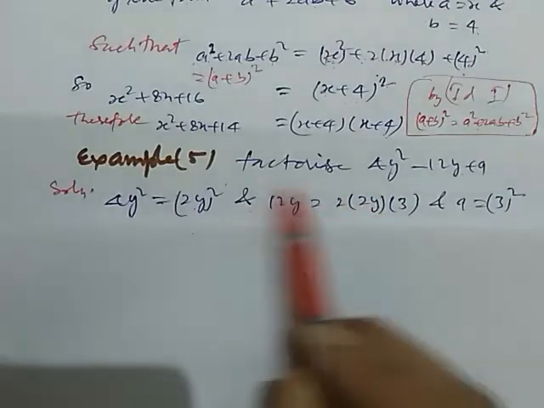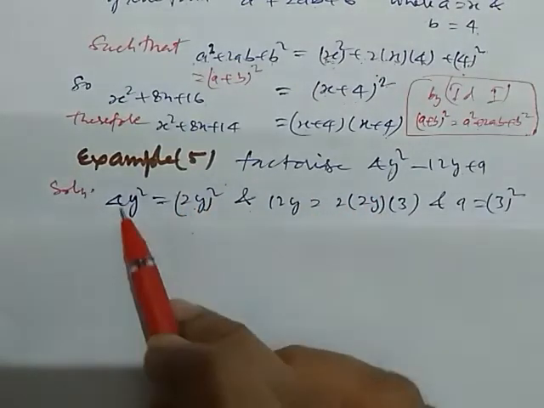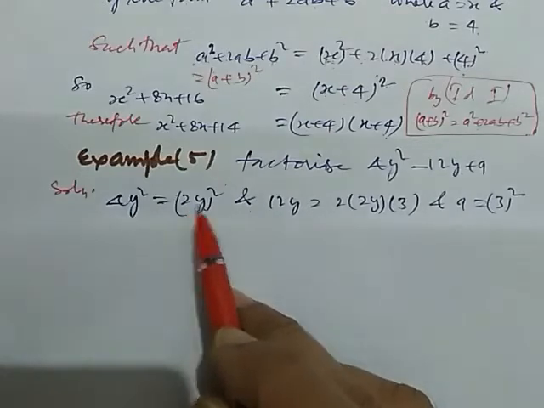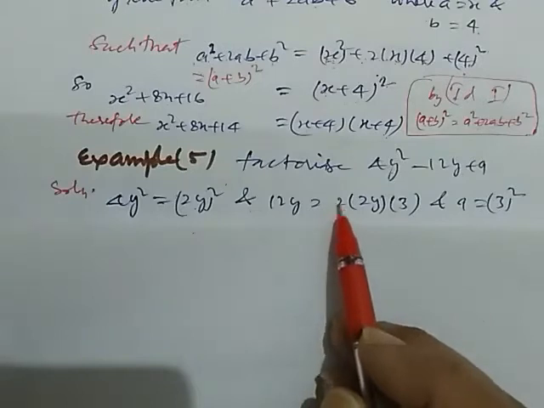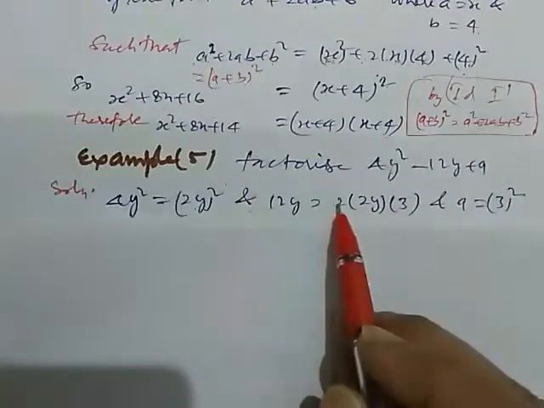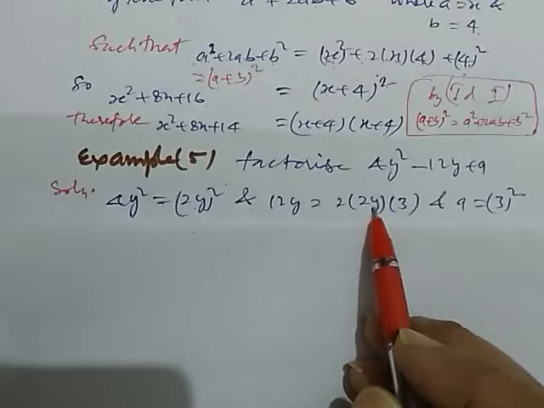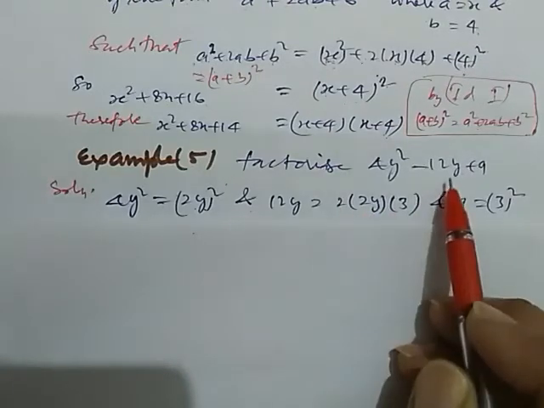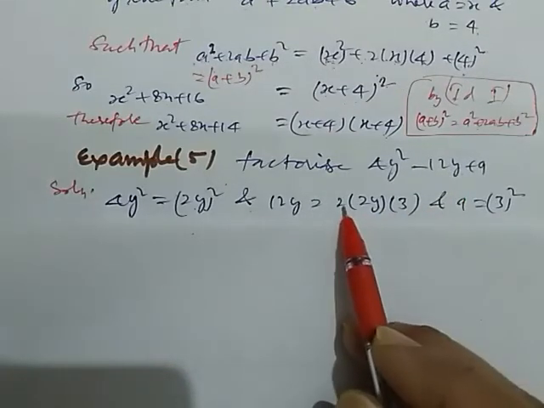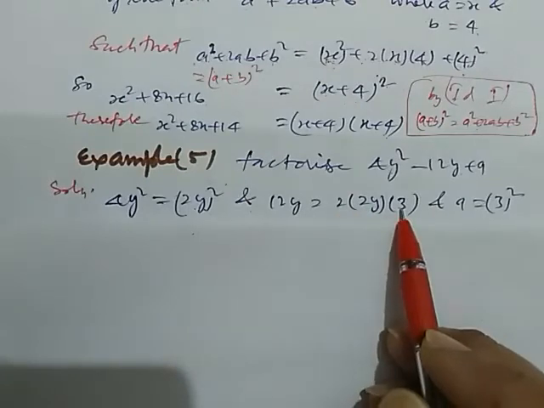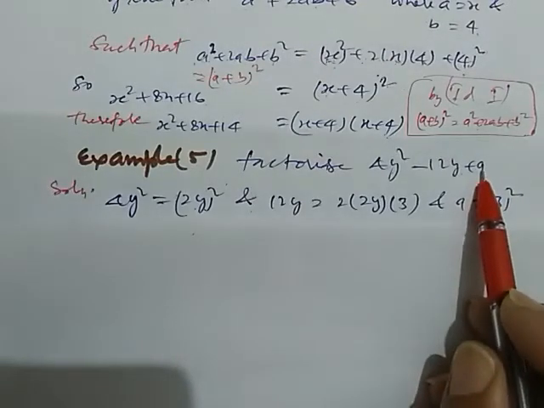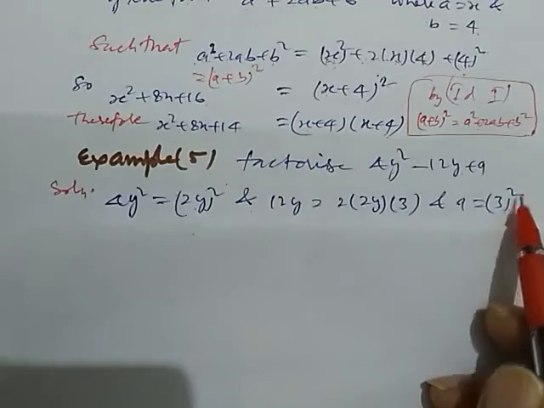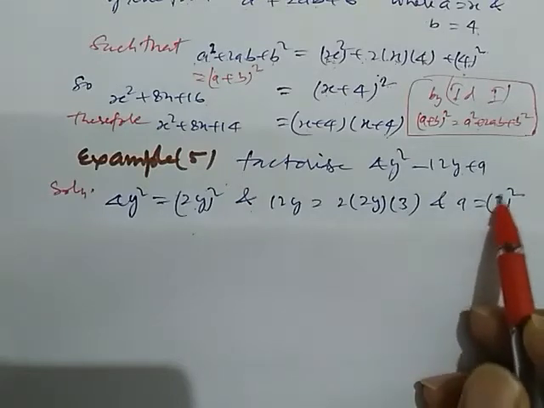We have an idea from here, because 4y square can be expressed as 2y whole square. So we utilize one term 2y and 2 from twice ab. So 2 here and 2y here. 2 into 2 is 4y. By dividing minus 12y by this 4y we get 3. Or you may take another choice from this one. When we write 9 as 3 whole square, the second and last term is 3.